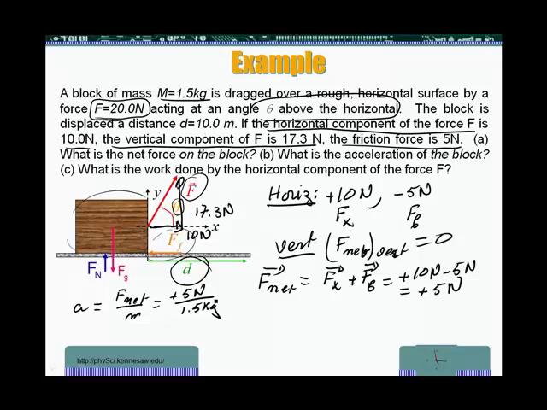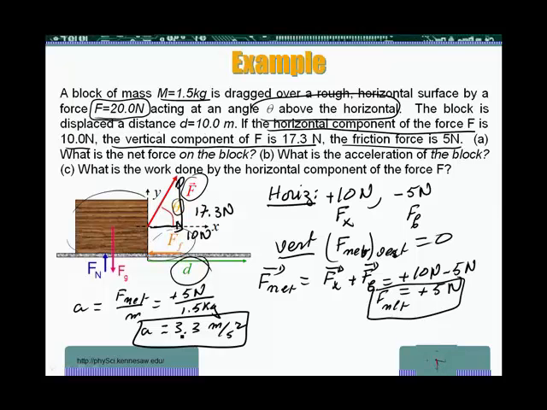Okay, so 5 over 1.5 is 3.3 meters per second squared. So that's my acceleration. So I got my part A, the net force is 5 newtons, and then